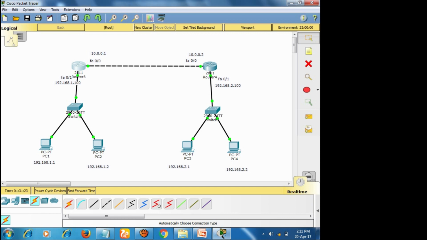But what happens is, when I ping from 192.168.1.1 to 2.1, the packets will be going this way. The router already knows that the 2.0 network is available via 10.0.0.2, right? So it will transmit the signal, but when the return acknowledgement comes, router 4 doesn't have the information about the 1.0 network, right? So for an example, look at here, look at the simulation.